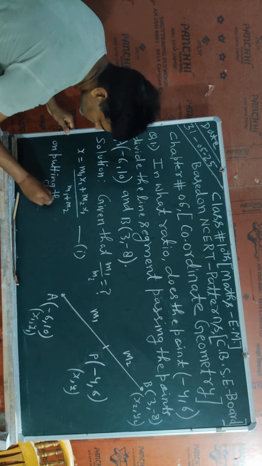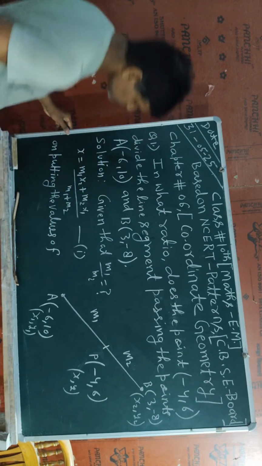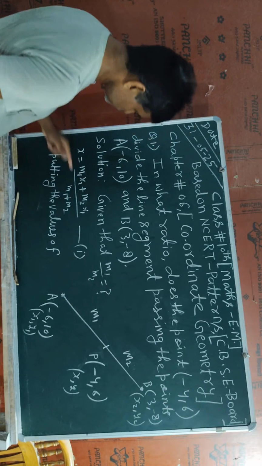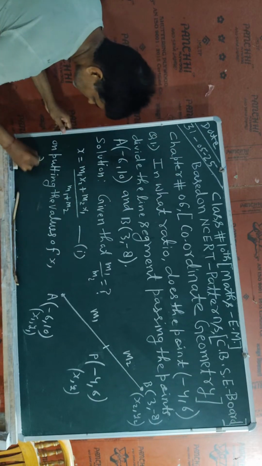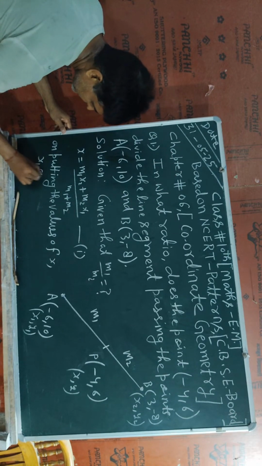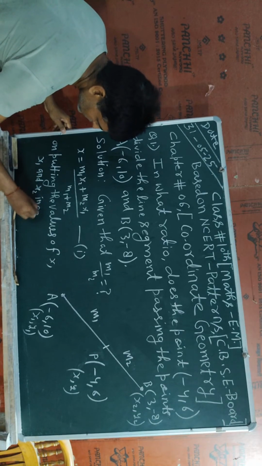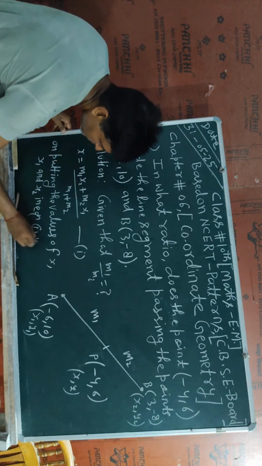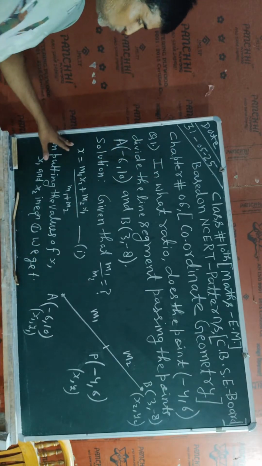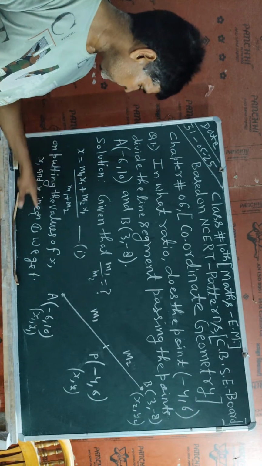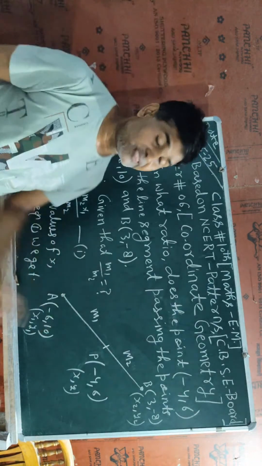the values of x1 and x2 in equation 1. So this information I write here. So the x coordinate I have written here. I will take the values of x, x1, x2 in equation 1 from the diagram, and then we will get